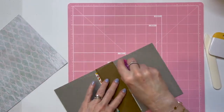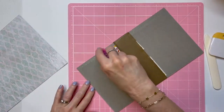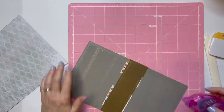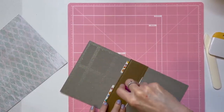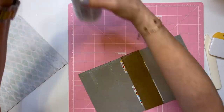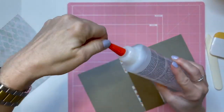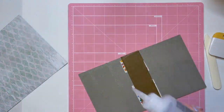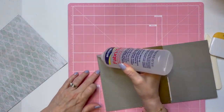So I'm just putting a lot of this tape on my book all the way around the edges, down the middle, and then I put it around the spine. You can see I'm really covering it quite nicely to make sure that it adheres. And then I'm using the Beacon Fabri-Tac. Now this is good glue, but it does have an odor, I think. Now it really bonds great. It will bond anything great,